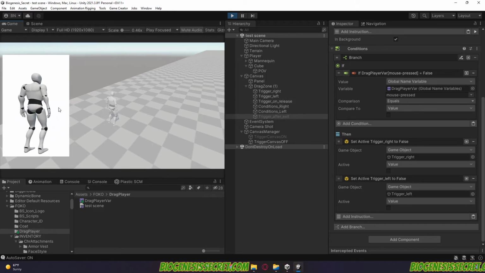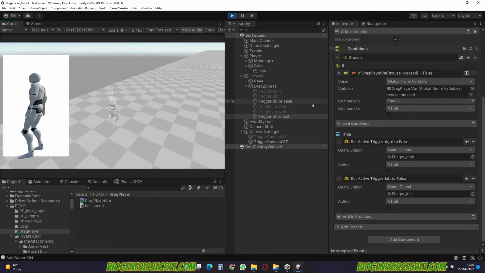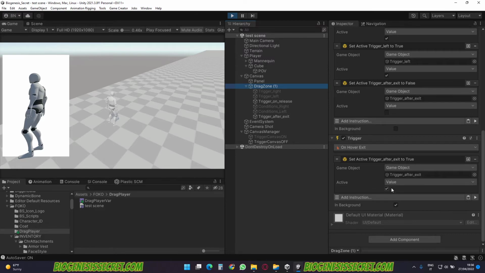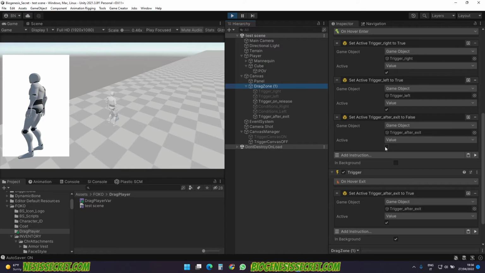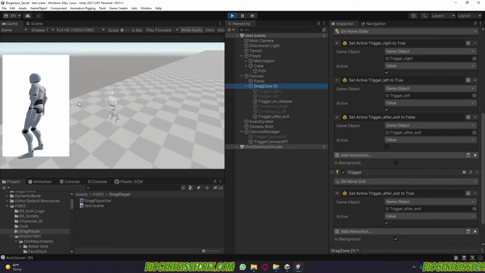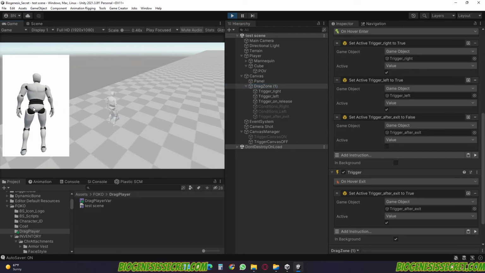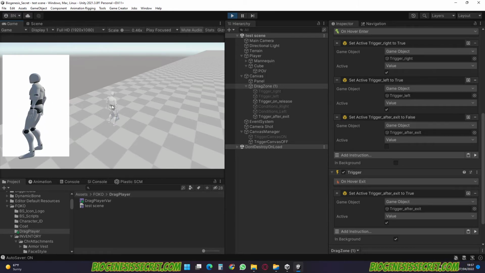This is resolving even the problem when I get back inside, because in that case, this one, the trigger after exit, is getting activated only on hover exit, and on hover enter is getting deactivated. So it will not deactivate those triggers right and left only when I go outside, only when I go inside. So in this case, everything is having like a double switch. This is the main. Now I will do again a fast